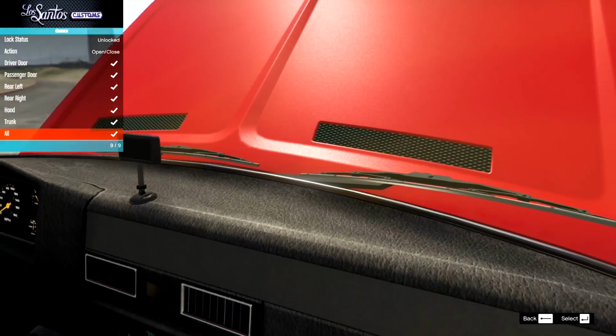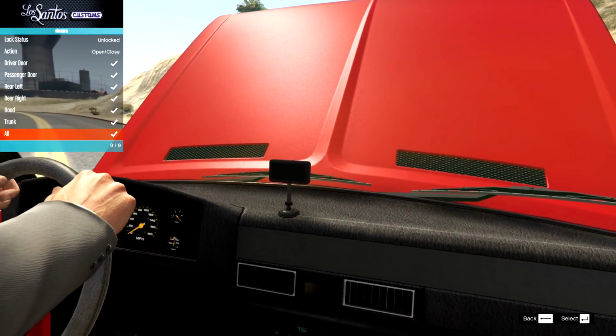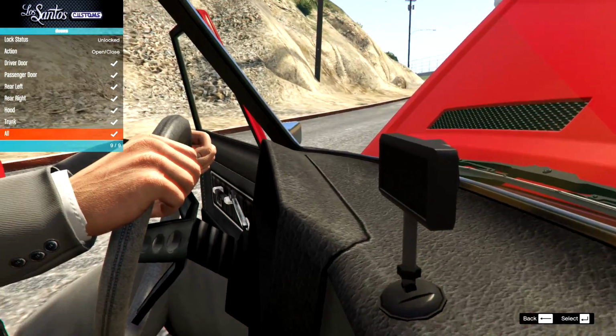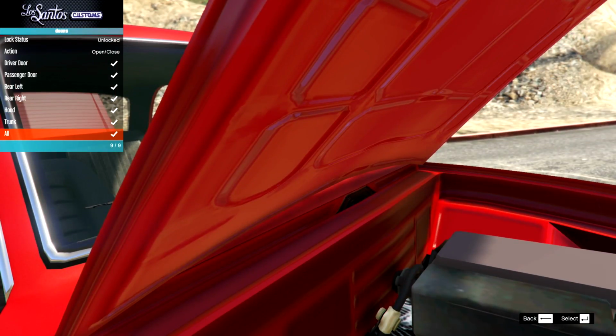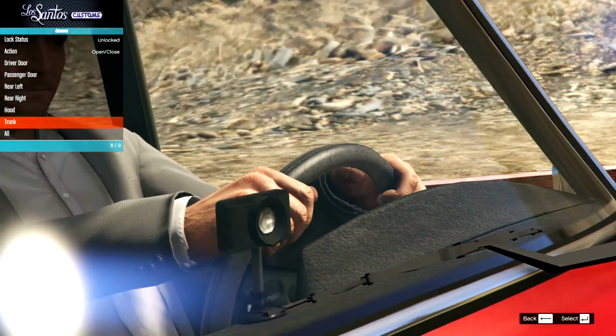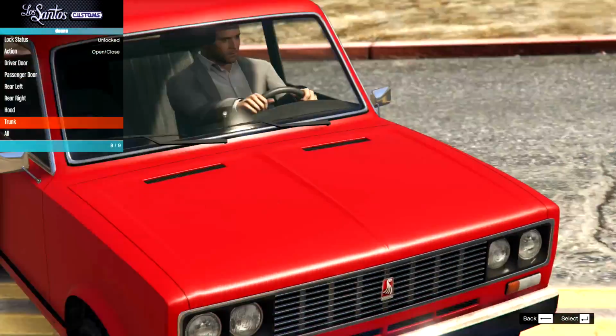And then we have the interior with the little... Well, I don't think that is a sat-nav. I'm pretty sure that's the rear view mirror. Oh, no, there is a rear view mirror there. So what's that? Is that a Russian... No, wait, is that a dash cam? Oh, Rockstar, you've done it. That is a dash cam. I mean, that's a bit weird because normally I think dash cams are behind there. Oh, Rockstar, you...